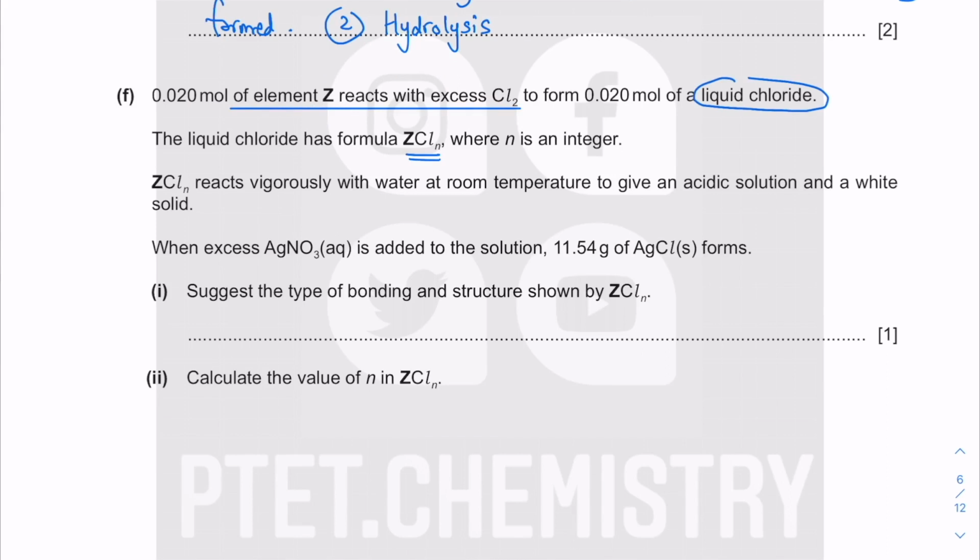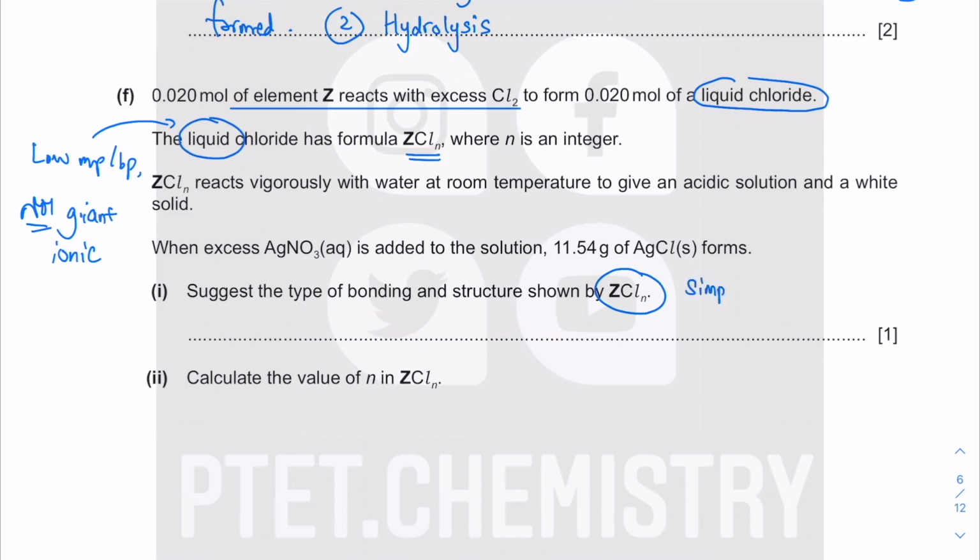First of all, it's a liquid. It's not a solid. So that means it's got low melting point and boiling point. So it is not giant ionic. If it is a giant ionic structure for the chloride, then it will have high melting and boiling point. It will be a solid at room temperature and pressure. So the fact that it is a liquid, with low melting and boiling point, it should be a simple molecular